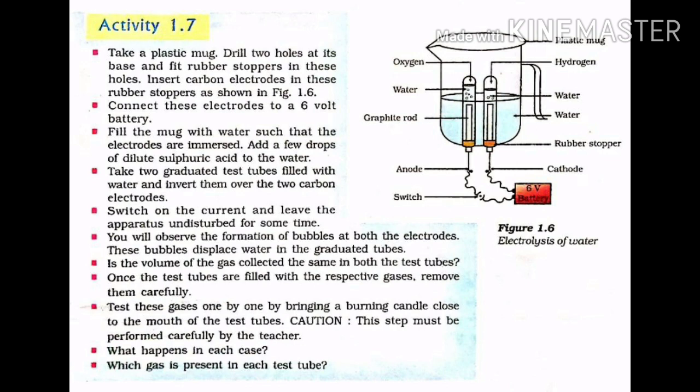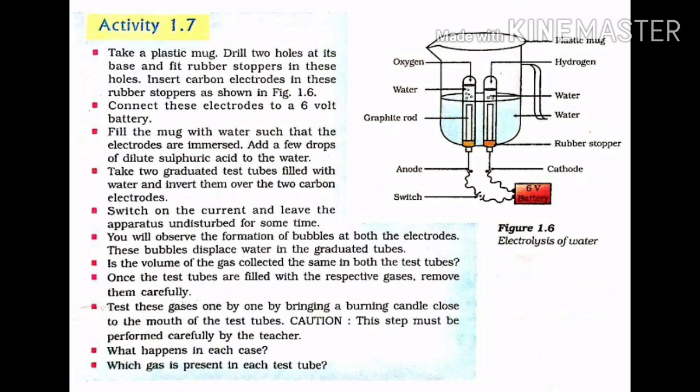Take 2 graduated test tubes filled with water and invert them over the 2 carbon electrodes. Now switch on the current and leave the apparatus undisturbed for some time and observe what happens. Note whether the volume of the gas collected is the same in both test tubes. Then test the gases present in each test tube by using a burning candle and see which gas is present